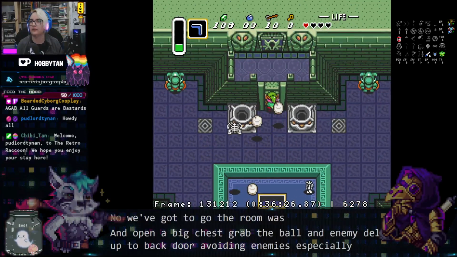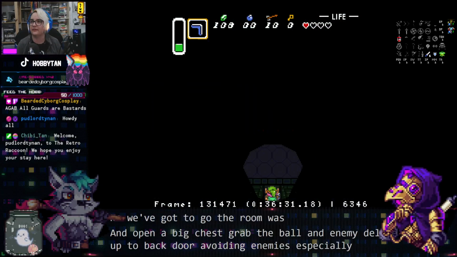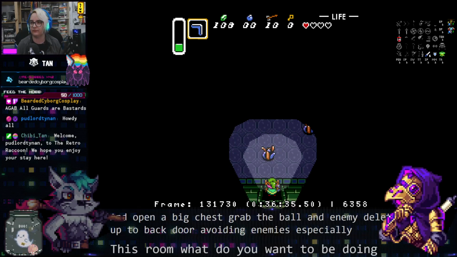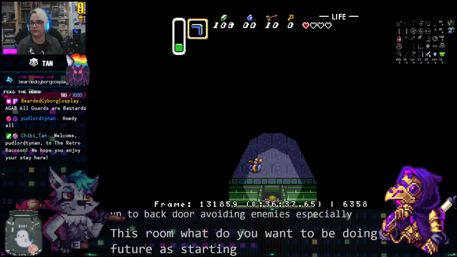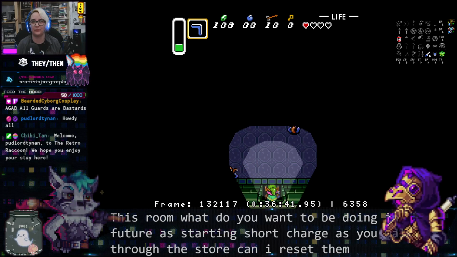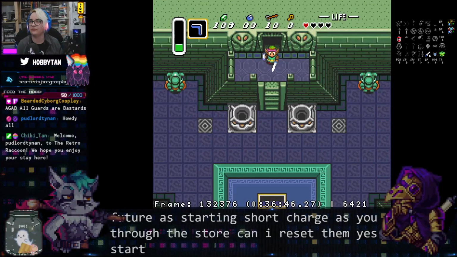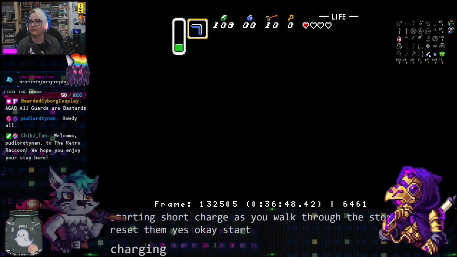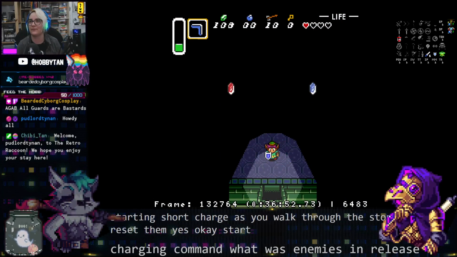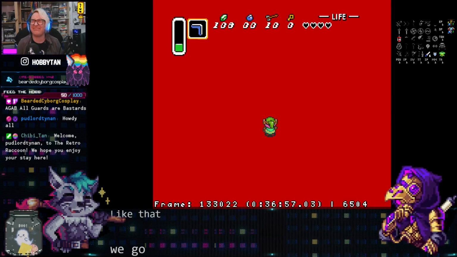Ow. As you come into this room, what you want to be doing in future is starting a sword charge as you walk through this door. Can I reset them? Yes. Okay. Start charging, come in, walk towards enemies and release. And you should kill them all. Like that? No, didn't quite get all of them, but...